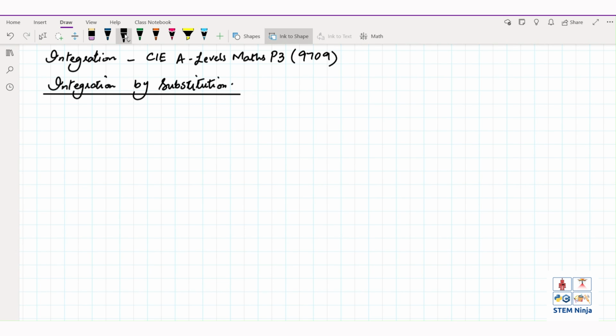So today we're going to talk about integration by substitution and integration by parts. Integration by substitution is very easy. More often than not, it can be used in complicated scenarios, but there's a very special case where it helps to use integration by substitution, and that is when you have a kind of a product